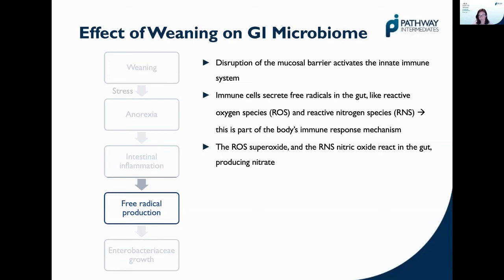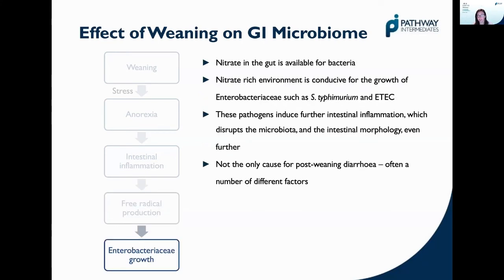However, sometimes it doesn't go according to plan. And you have these free radicals that react together in the gut lumen, producing nitrate. Now, nitrate in the gut is then available for bacteria to utilize, and bacteria will use whatever is available for them. And in a nitrate-rich environment,